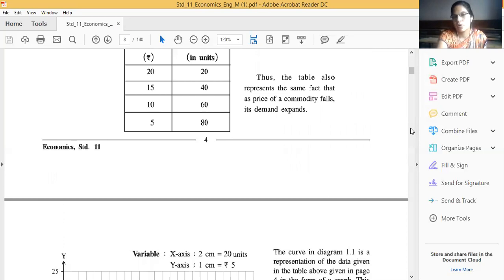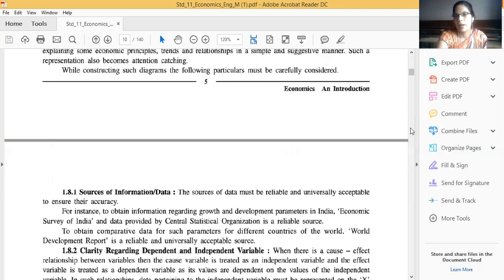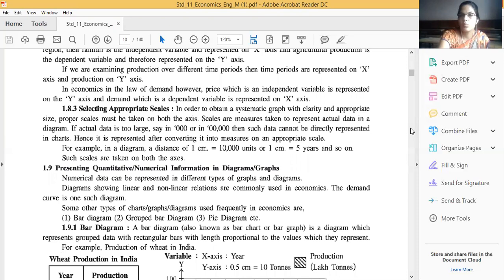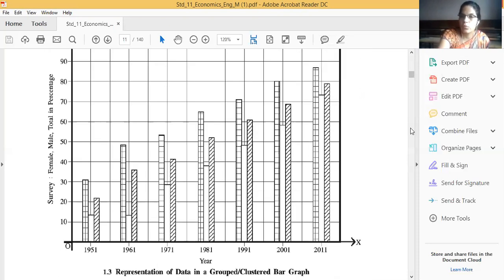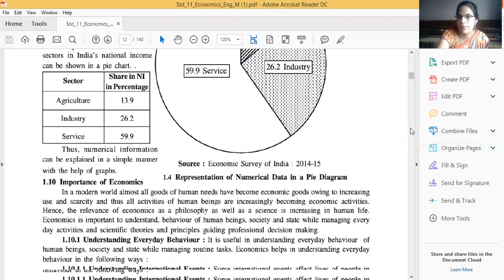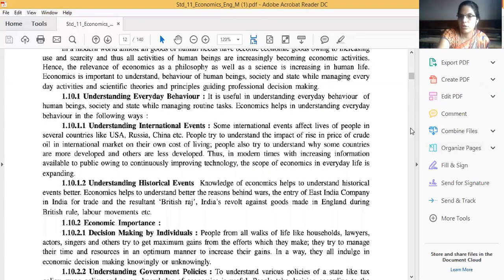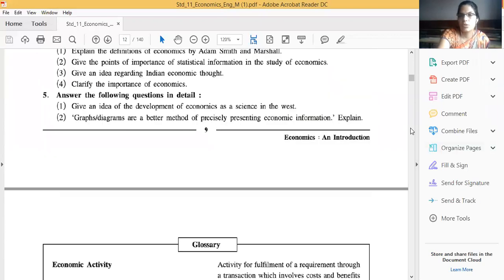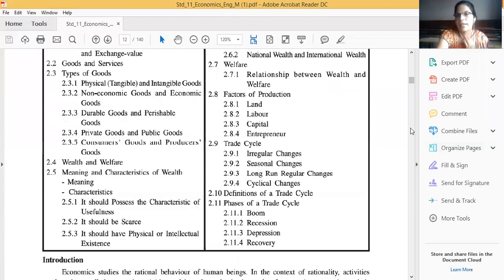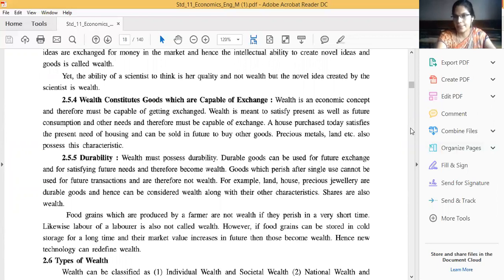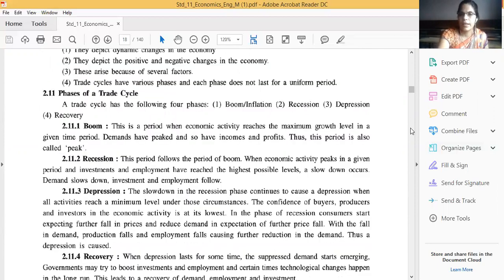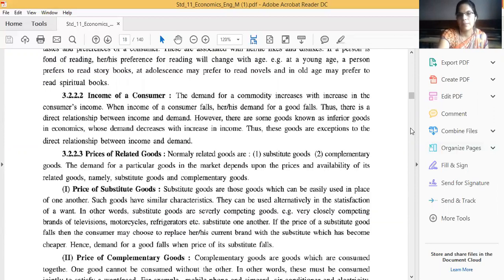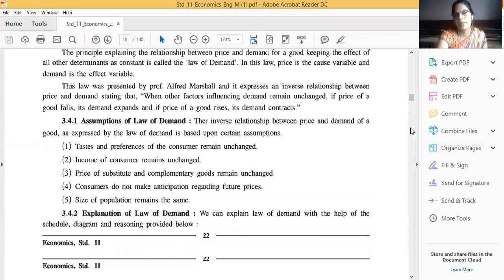The TC curve is upward to TVC and it is parallel to TVC because TC is the summation of TFC plus TVC. That means total fixed cost plus total variable cost, then we can get the TC. Okay. Now we are discussing the next one. The explanation by table and by diagram, this much we have already completed.